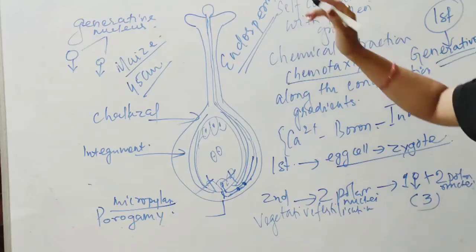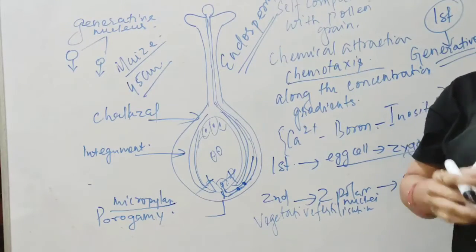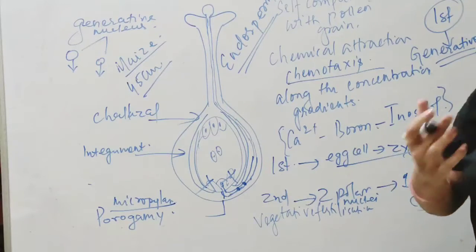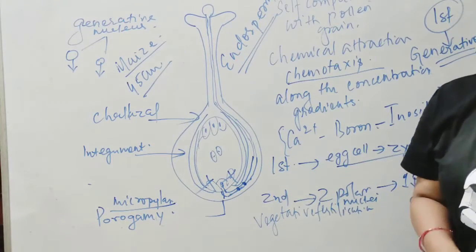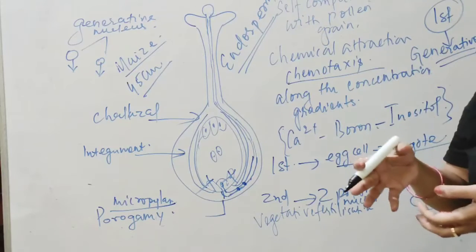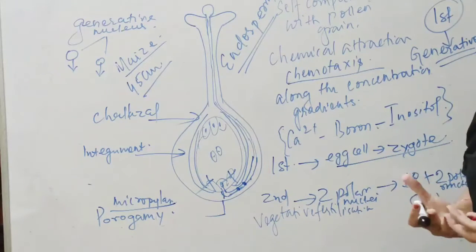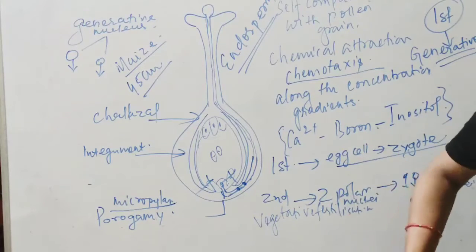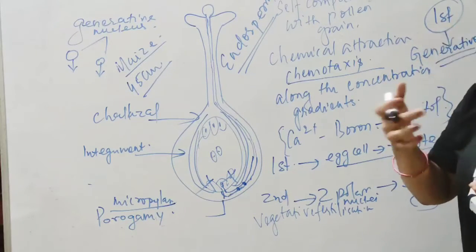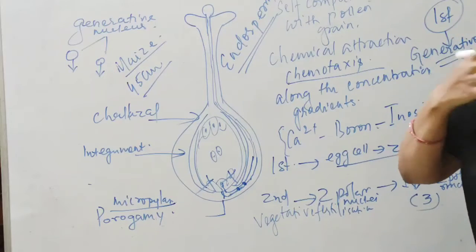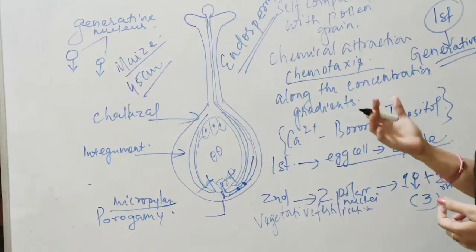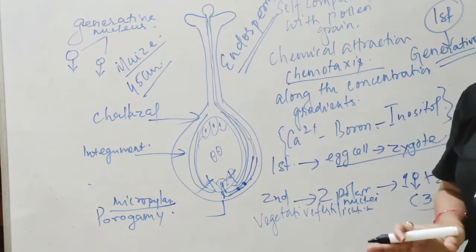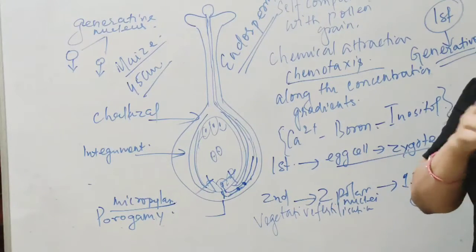Now endosperm actually plays a very important role when we talk about the nutrition of the seed post fertilization. The ovule will become seed, no doubt in that. So who is going to provide the required amount of nutrition to it, until they germinate, become embryo, grow out of the cotyledons, and lead a normal independent life? It is generally the endosperm. In some seeds the endosperm will persist and in some it will not.